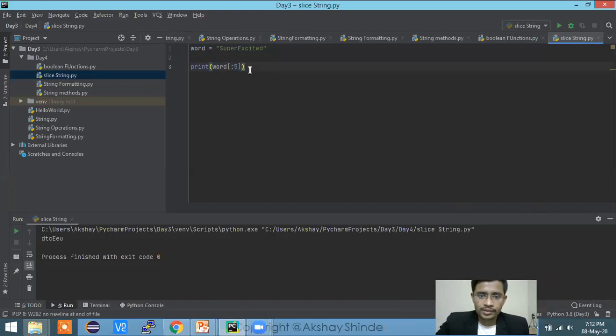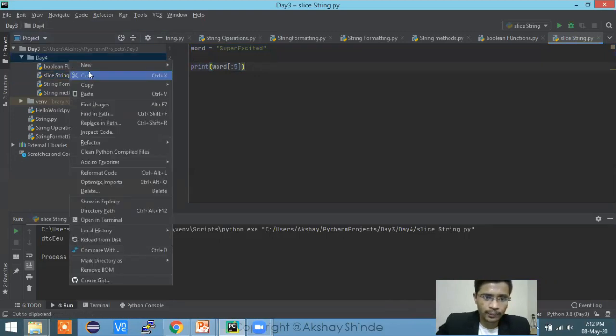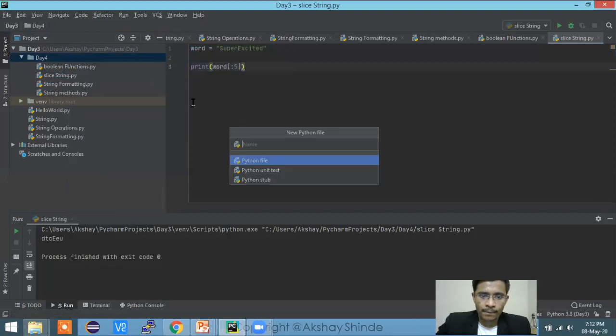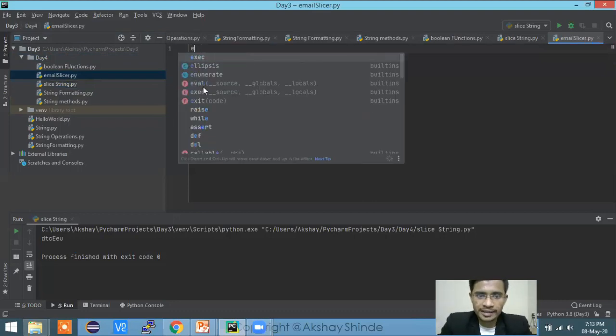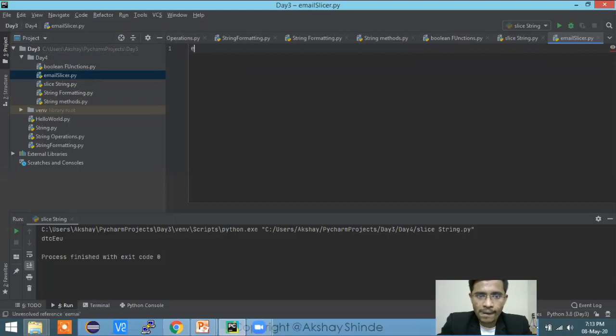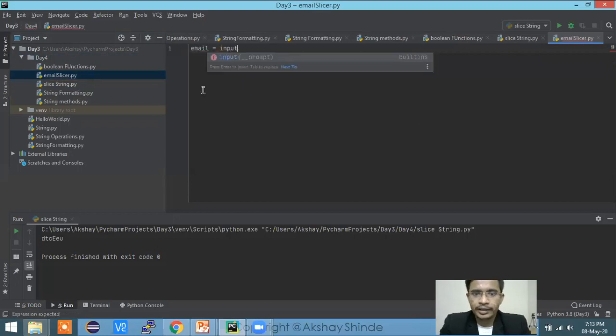Okay, so let's go, and I'm going to create another file for this as well, called slicer. For that, you have to ask the user for his email. We are going to take input from the user, asking "Enter your email".